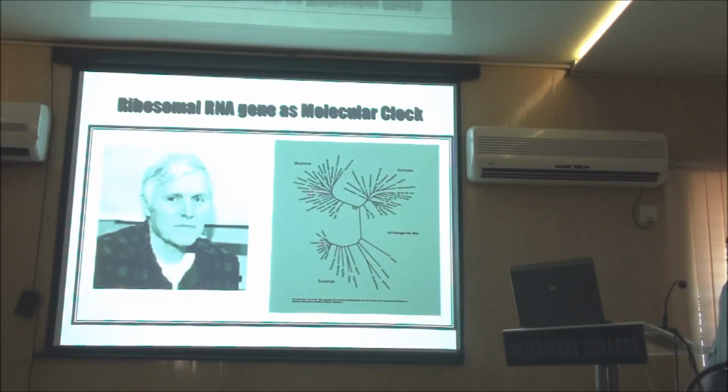the 70s by way of the discovery of ribosomal RNA gene as a molecular clock. So Carl Woese is the person who proposed that the sequences of the 16S rRNA gene could be used as a tool to understand microbial phylogeny. So he did not have any idea about uncultured diversity and other things in those days, but he said that 16S rRNA gene sequences could be used as a tool to understand microbial phylogeny, and that kind of laid foundations